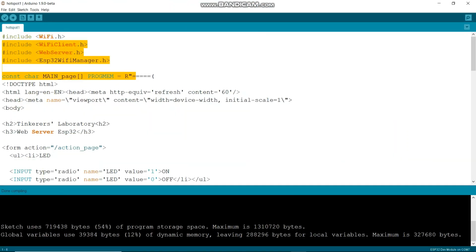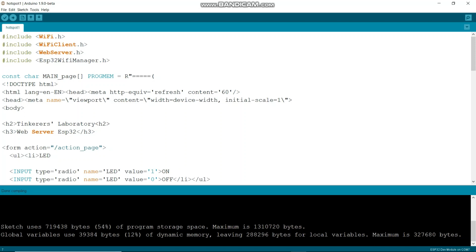Coming to the next tutorial, in this tutorial we are going to create a hotspot. So basically what we are going to do is use our NodeMCU to create its own hotspot. It can be used for various purposes, like you can create a server for your own game, you can create a local network, which is very useful. So this ESP32 will now be used to create a hotspot which other users can connect to, but there will be no internet in this because you cannot produce internet just from this module.